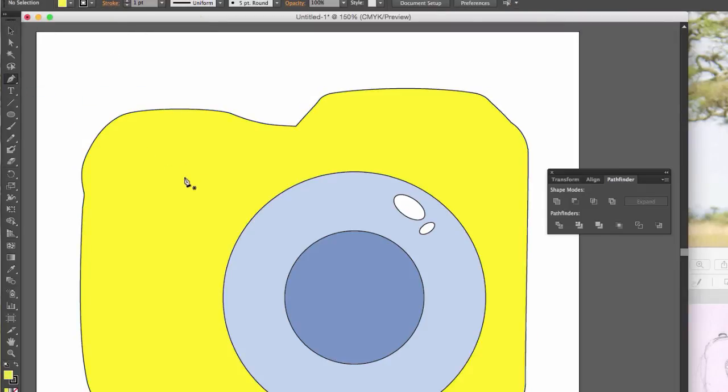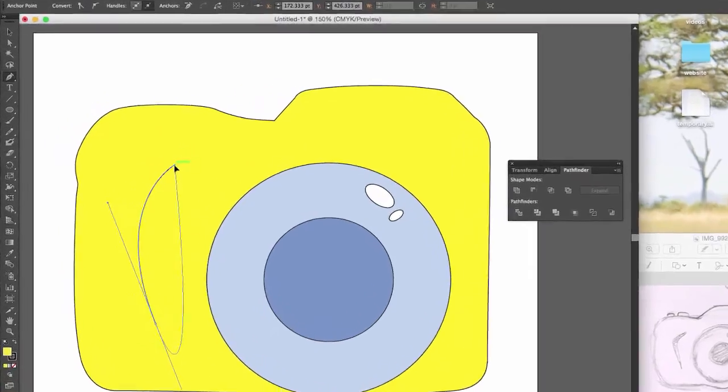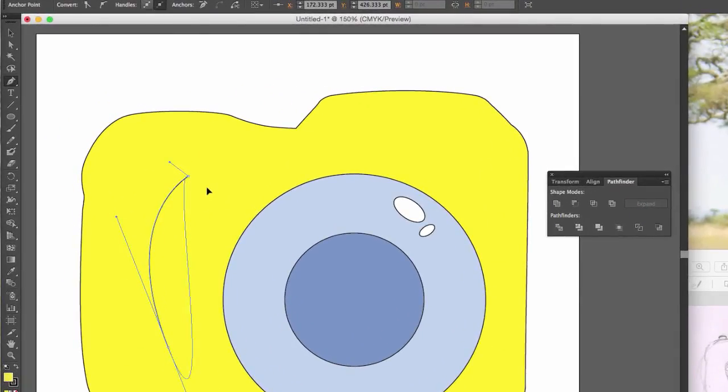And I'm going to, let's see, I'm going to click here, and I'm going to click here, and I'm going to drag that out. I haven't let go. I'm holding down on that second click and trying to get the shape kind of the way that I want. Then I'm going to actually go ahead and click back up here. And, well, that's a little funky, isn't it? Something sort of like that. That's starting to get kind of the shape that I want. Now, I didn't want it to go all the way down there, so I need to actually change this point, there it is, to a corner,